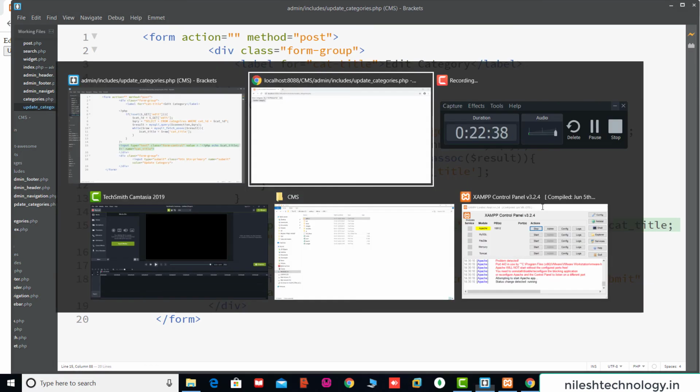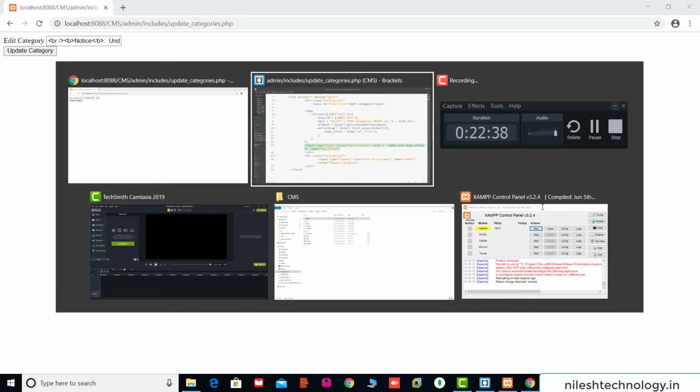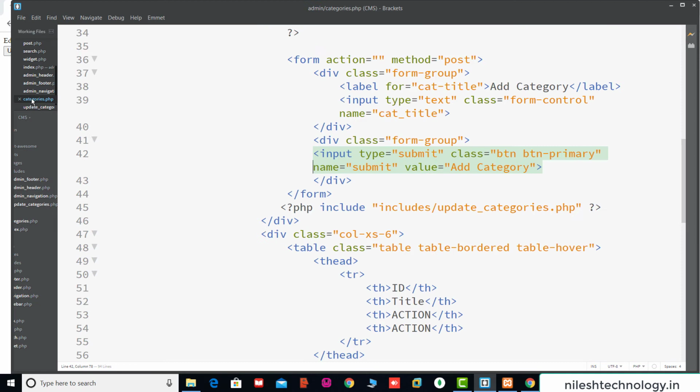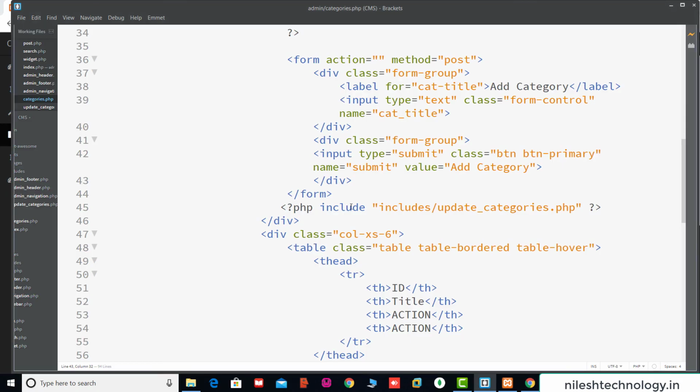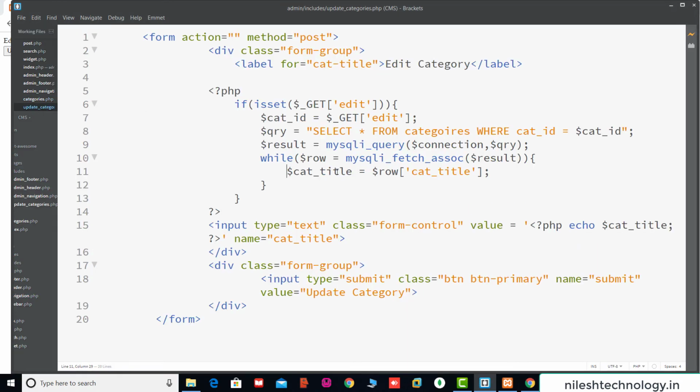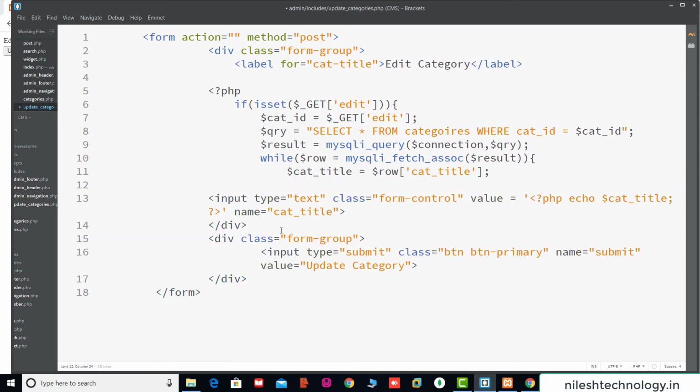Save. So see here again, save. So we're going to categories.php file again and undefined variable cat title, okay, fine, because this variable is inside this while loop. So we close this script after this div tag.